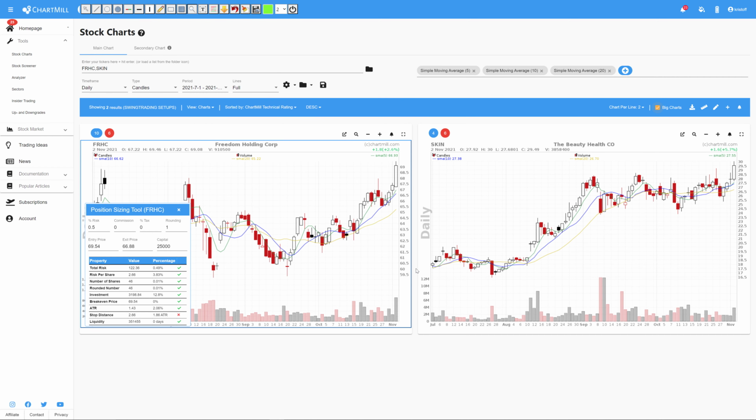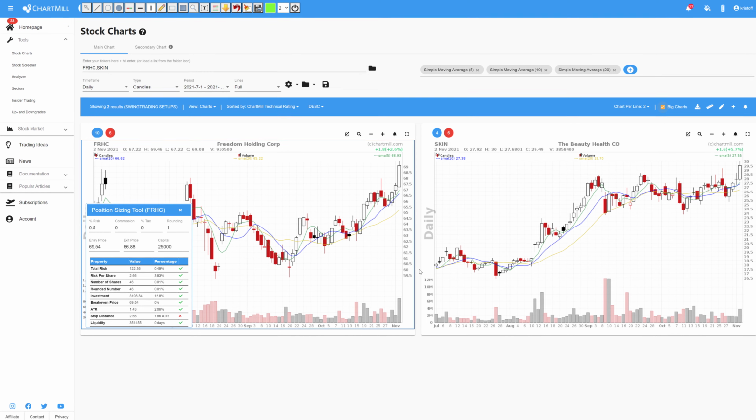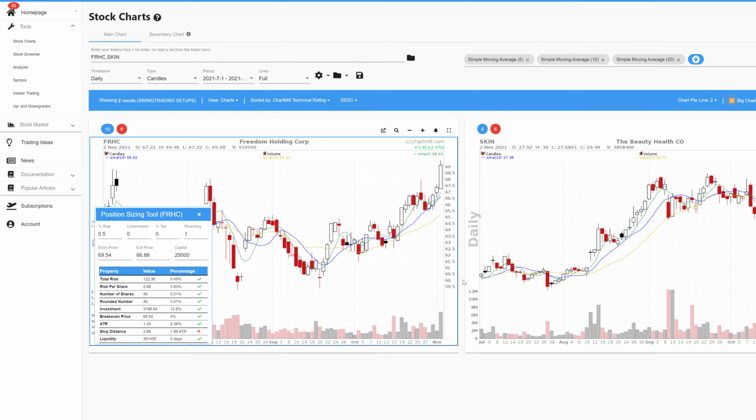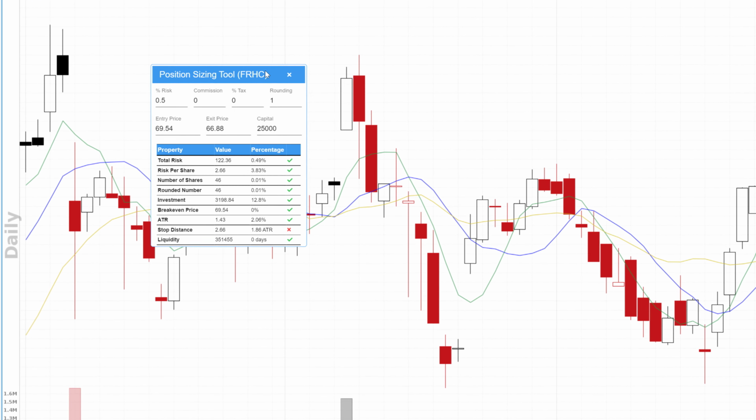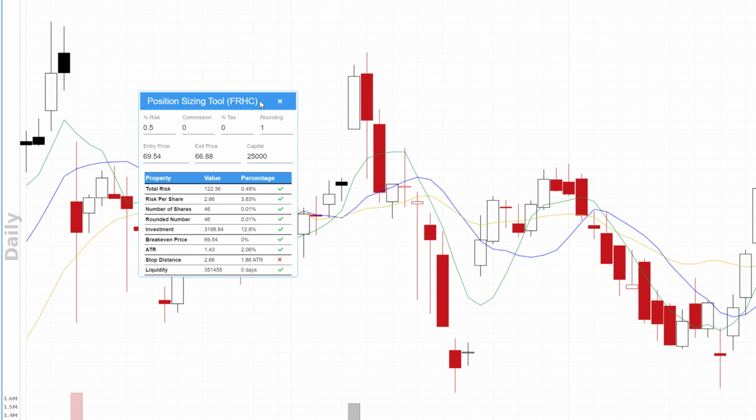Finally, a stop loss needs to be determined. For that purpose, I make use of the position sizing tool. With this tool, you'll be able to see the impact of the applied buy and stop loss level on your available trading capital. Before you can effectively use this tool, you'll have to adjust a number of things at the top of the tool,